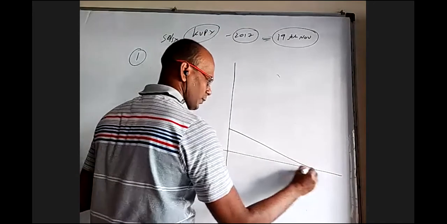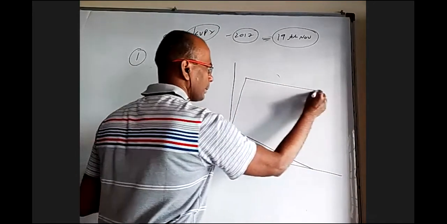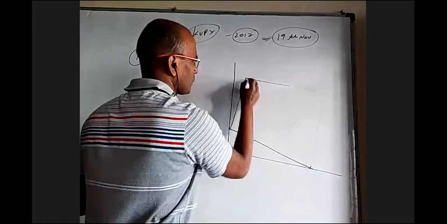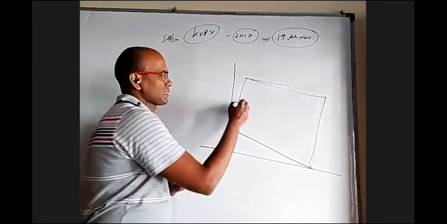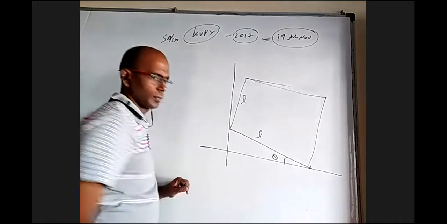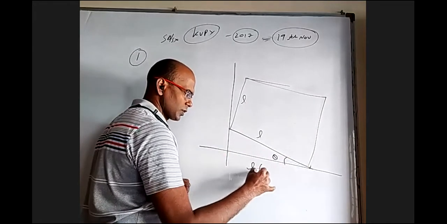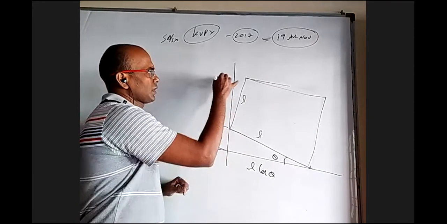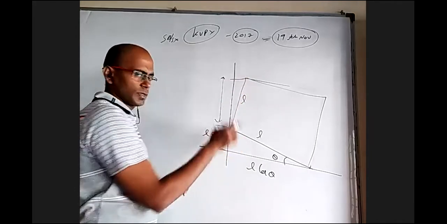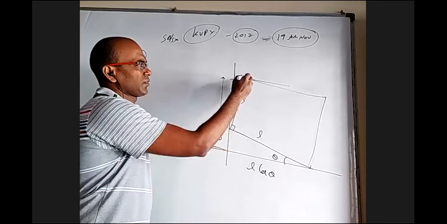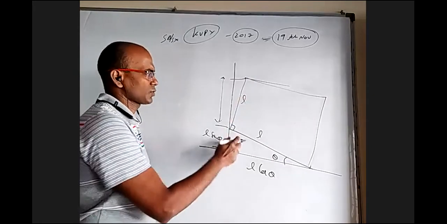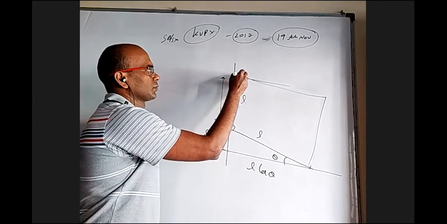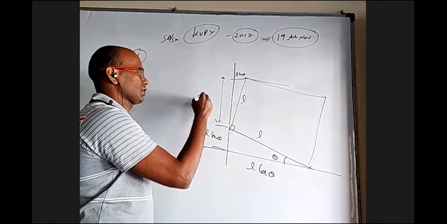Okay, so we have a square. I'm going to take this length as L, this length as L, and this angle as theta. What is this length? L cos theta. What is this length? L sin theta. These two are similar triangles. I could use parametric forms and find this point, but these two are actually congruent triangles, not just similar. So this is L sin theta here, and this is L cos theta.